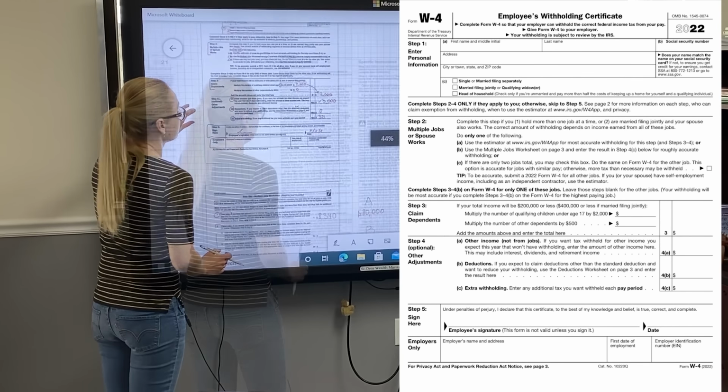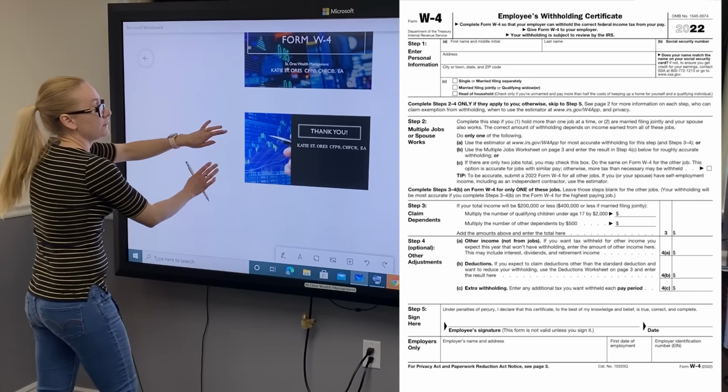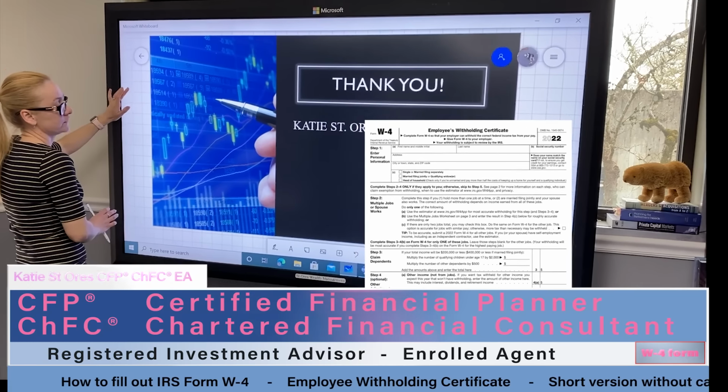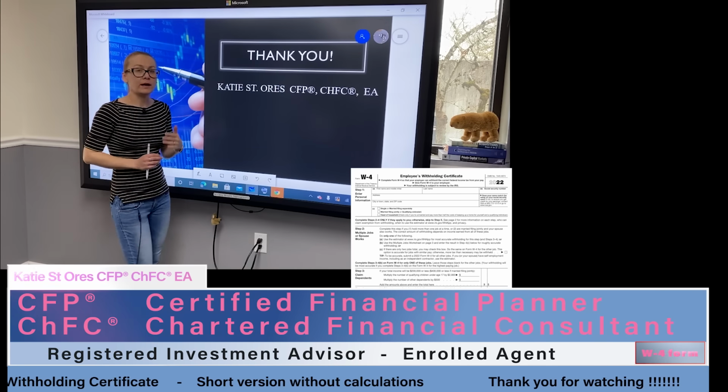This is it. This is how you fill out Form W-4. If you're starting a new job or your family situation changed, you got married, you had a child, I highly recommend you update your form